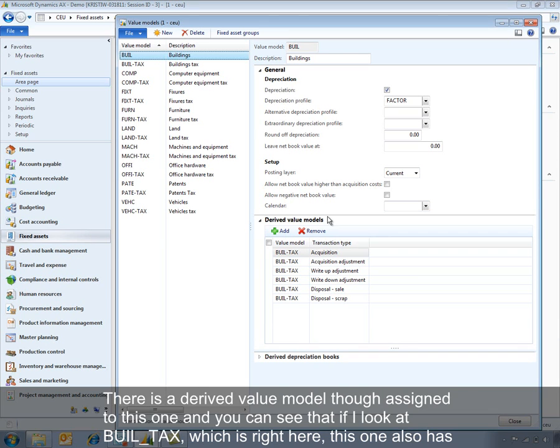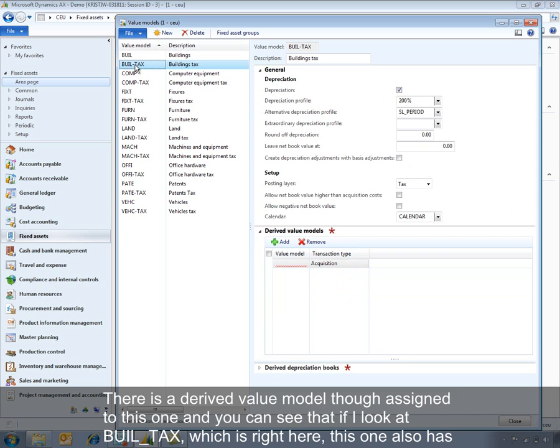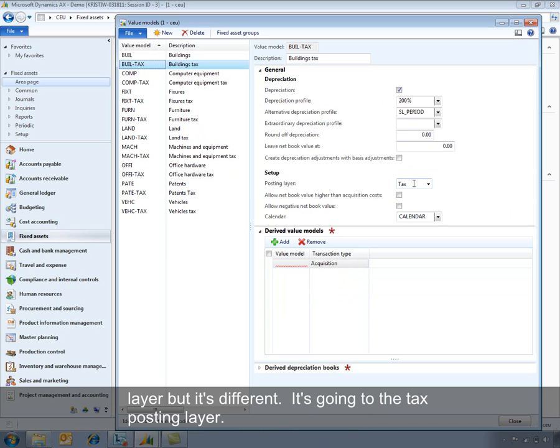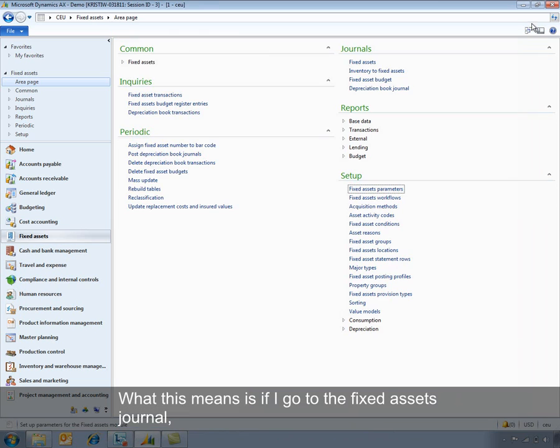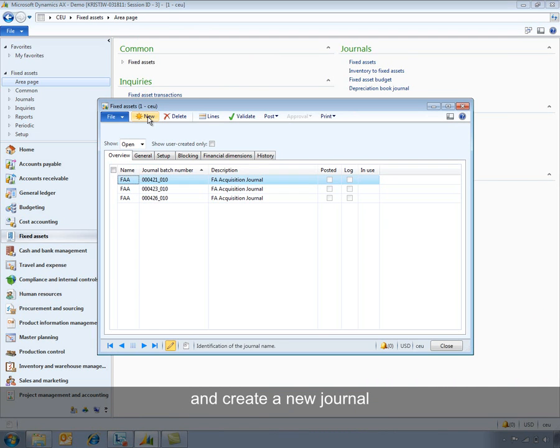There is a derived value model though assigned to this one, and you can see that if I look at billed tax, which is right here, this one also has a posting layer, but it's different. It's going to the tax posting layer. What this means is if I go to the fixed asset journal and create a new journal,